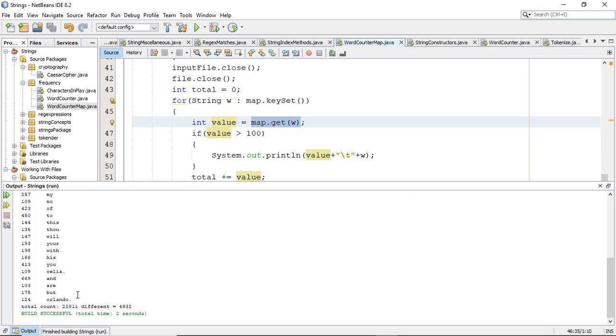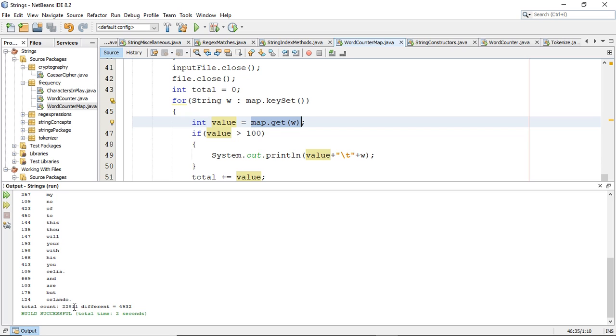So as I said, we are excluding the words that are not occurring more than 100 times from our calculation. As you can see, we have the frequencies that are mostly more than 100 over here, and we are printing each word in front of the frequency. We can reverse the presentation of these words and their frequencies, and the total count of these words is